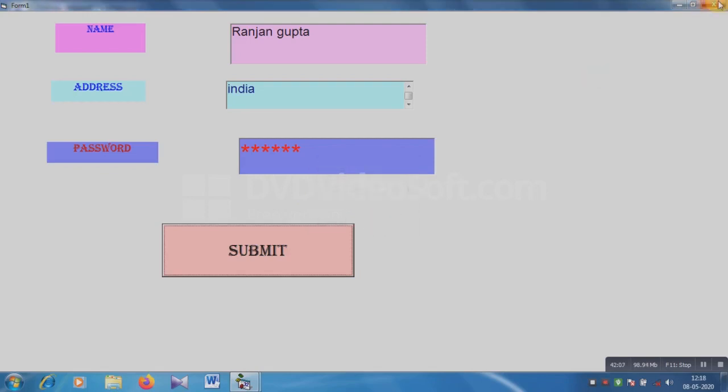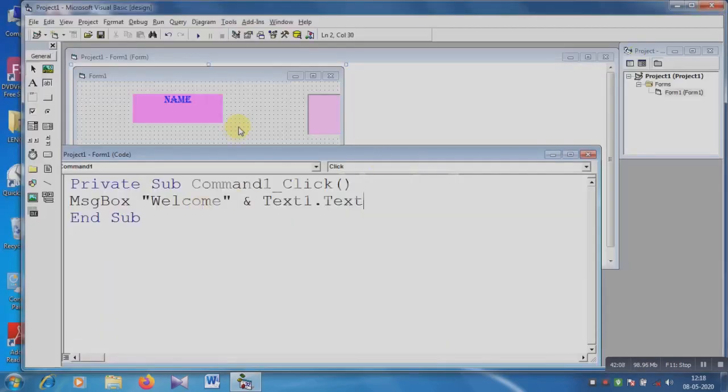To create space, we have to go to the object window and choose the welcome, and then give a long space.